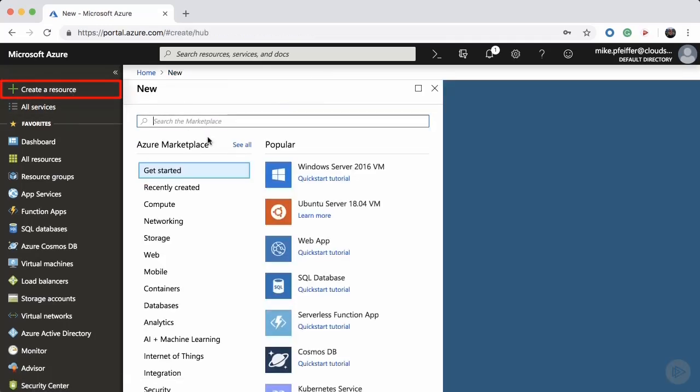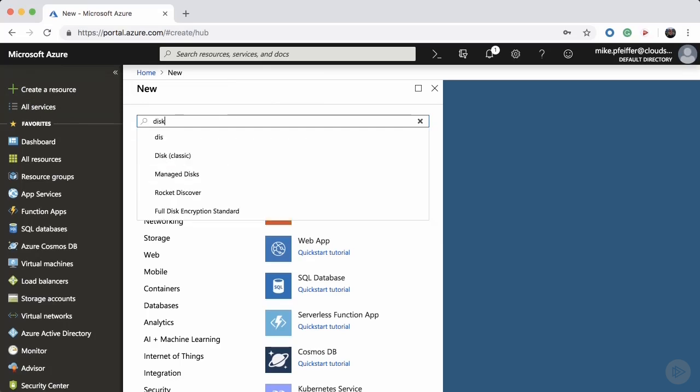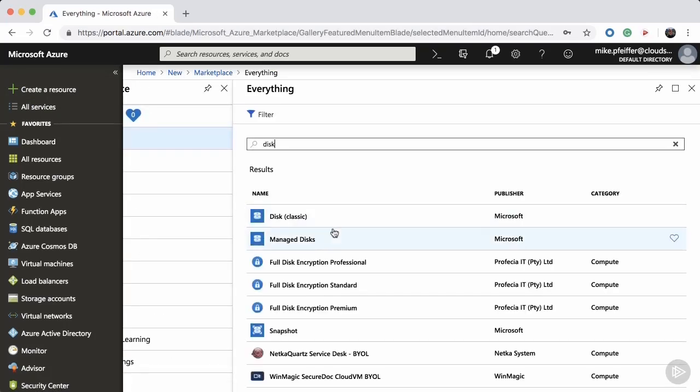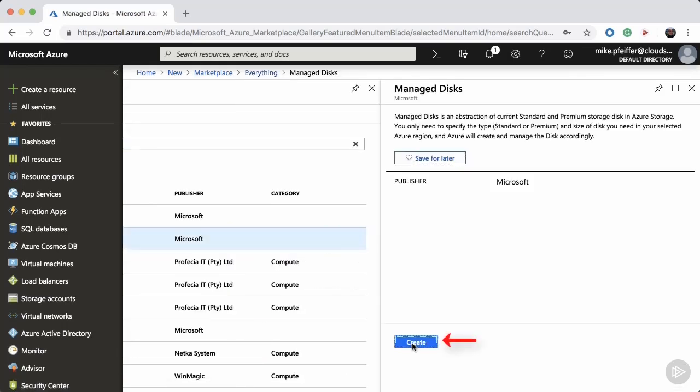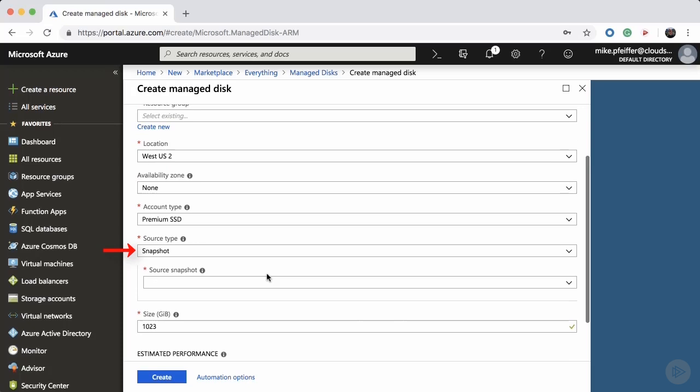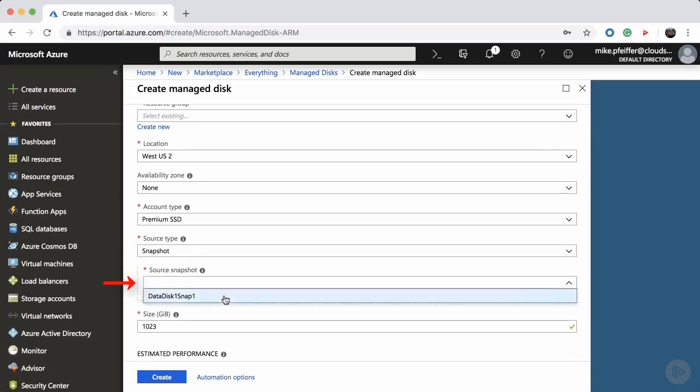Or we could go create a new resource, look for a disk resource. And then in this case, since the source was a managed disk, we'll pick the managed disks resource here, click on create. And then the source type can be snapshot, and from the drop-down list, we can pick our snapshot. So we could build a brand new disk, and then we could go connect it to an existing virtual machine if we wanted to do a point-in-time restore. So again, all of this infrastructure is running in the same region, and in terms of high availability, you might use this process basically as a manual process to restore a disk in some kind of disaster scenario or some kind of outage scenario. So just keep it in mind as you build out your designs for a highly available